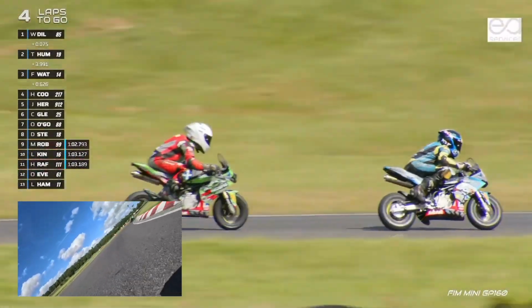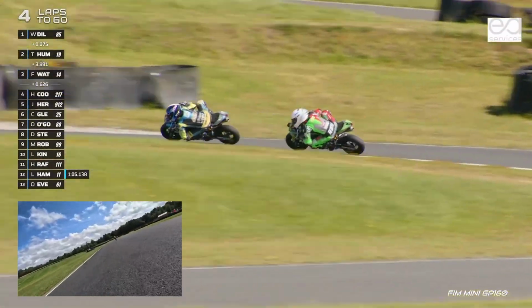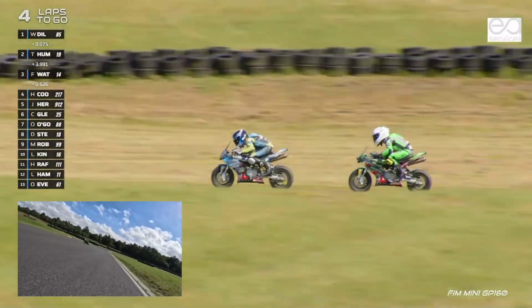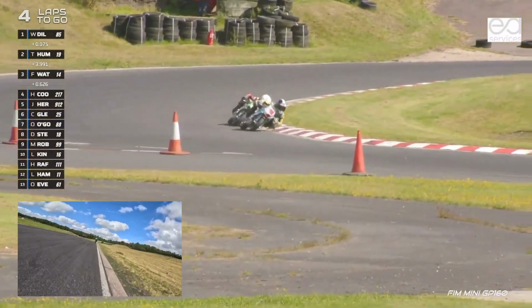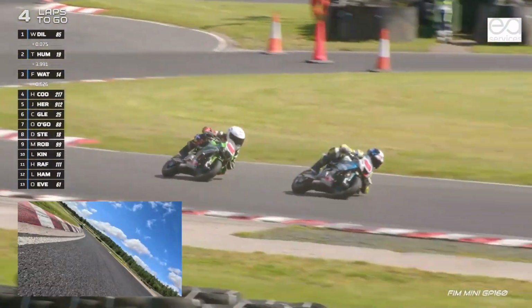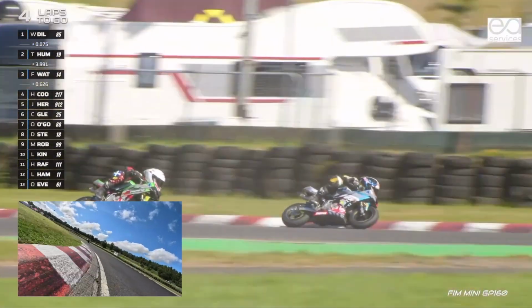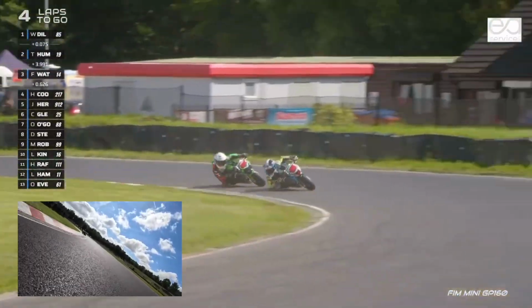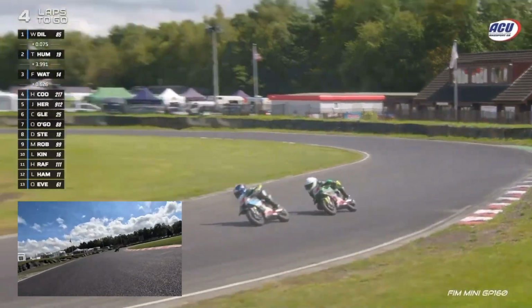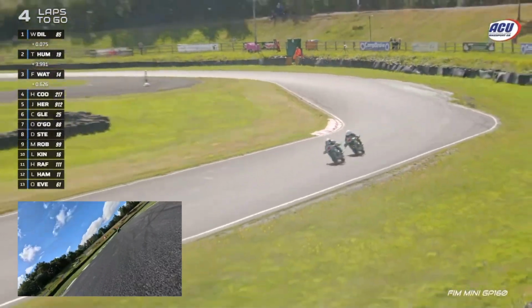Very, very busy circuit, one of the busiest corporate karting circuits in the country, frankly. Really popular circuit, all sorts of things going on here. So Saturday was the only day that British Mini Bikes could be fitted in, and that's why we're here today, racing today, live streaming today, and the TV edit will be on your TV screens on AOZAT TV. If you're in America, it will be on Fox Sports, I think,